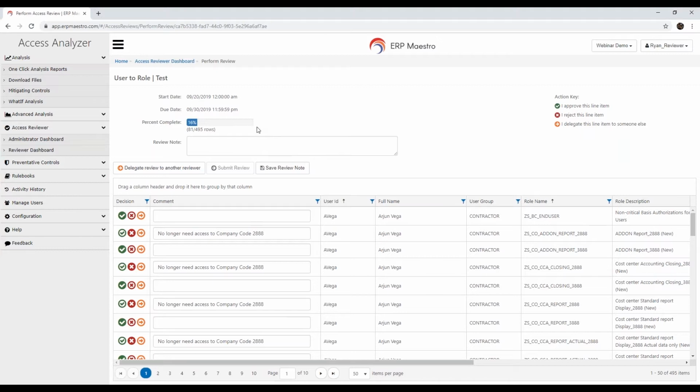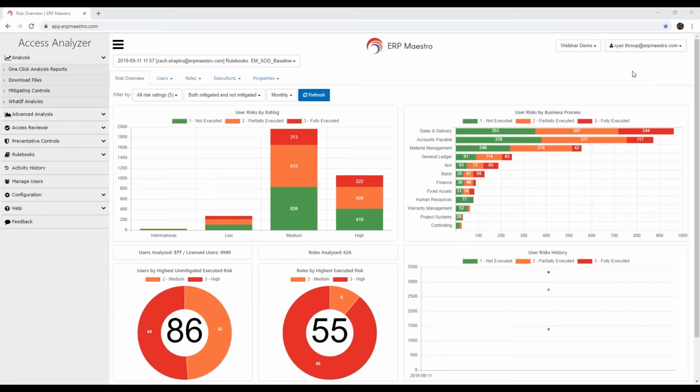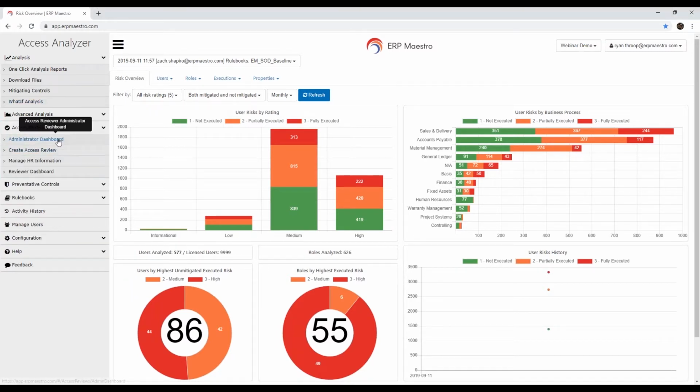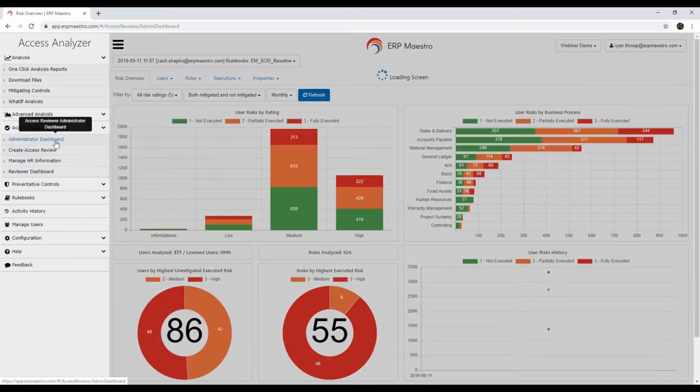Once they've reached the 100% mark, they will submit that review to go to a GRC administrator or a compliance manager for final sign-off. Because in the event that there were requests for roles to be removed, the tool will automatically remove those after another stage of approvals. So to see what that looks like, I will log in as an administrator so you can see that dashboard. Okay, so now I am logged in as an administrator, and you'll see that I have some additional options here within the Access Reviewer module. So I'm going to go to the dashboard,